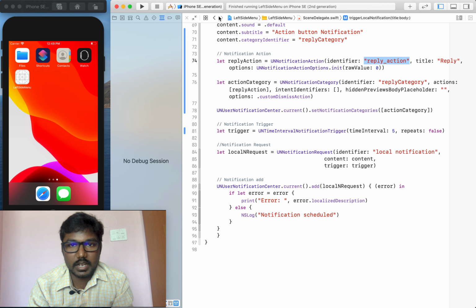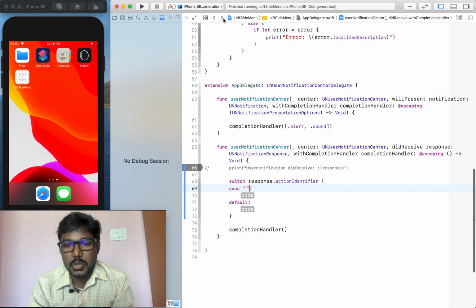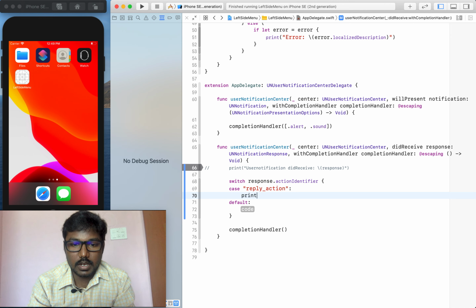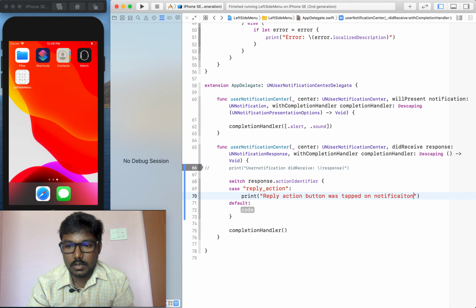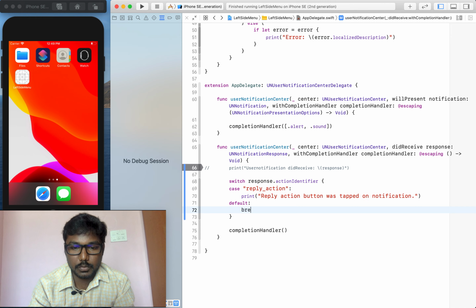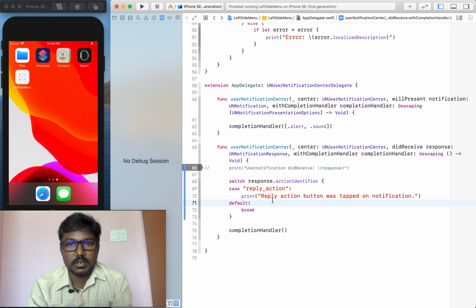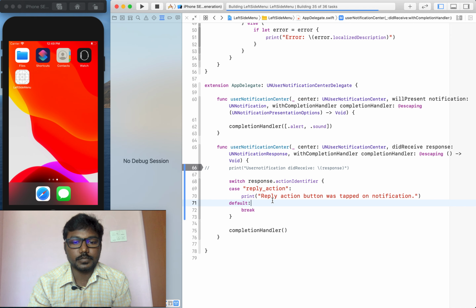So right now we have only one action, so I am setting the reply action itself and printing the log, "reply action button was tapped on notification". Likewise I created it for the tutorial purpose. The default case is a break, no need to implement anything.